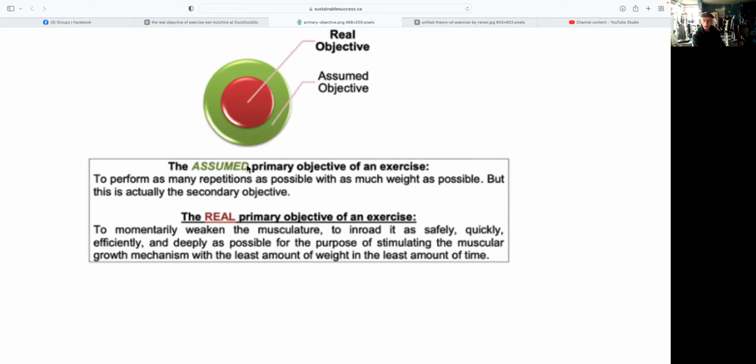Similarly, in an exercise program, this is what happens, and this is what leads to injuries. This is what leads to wasting time and compromising safety. So again, you'll notice in this graph that the assumed objective is on the outside, because of course that's what is happening, but the real objective is inside.